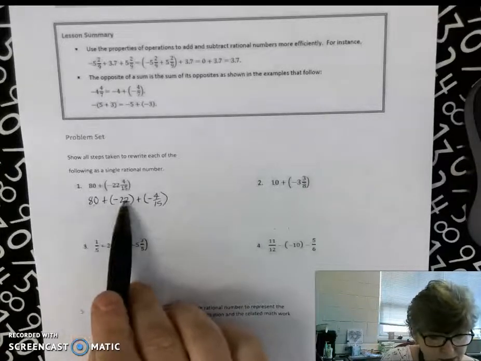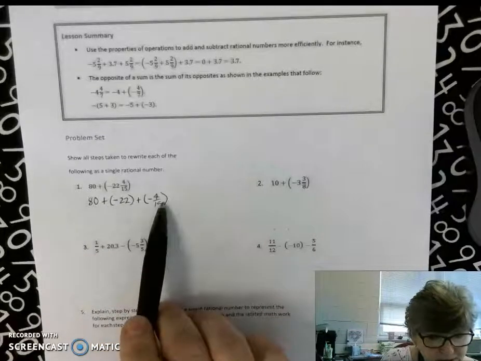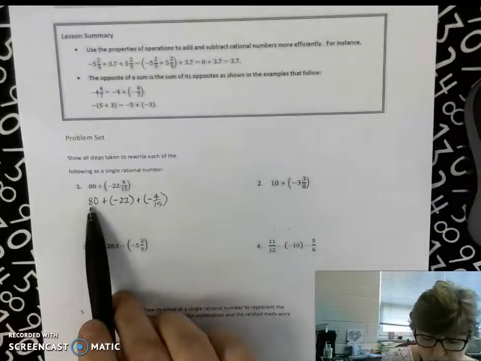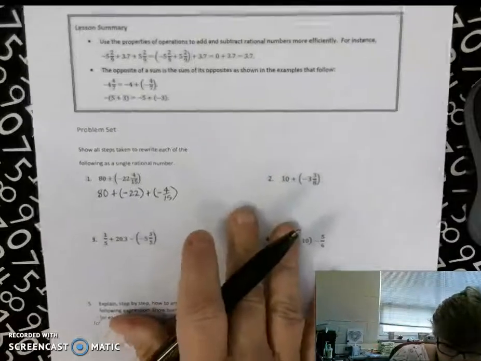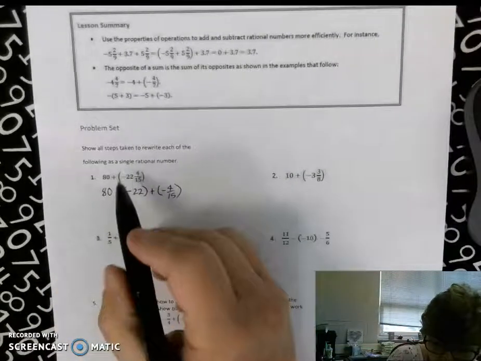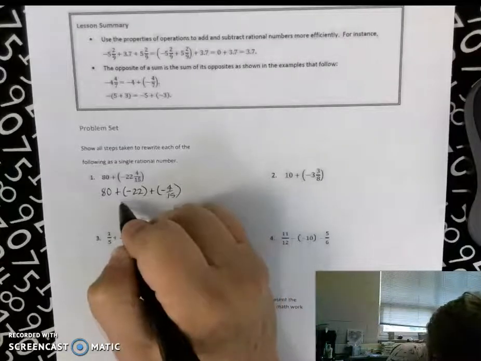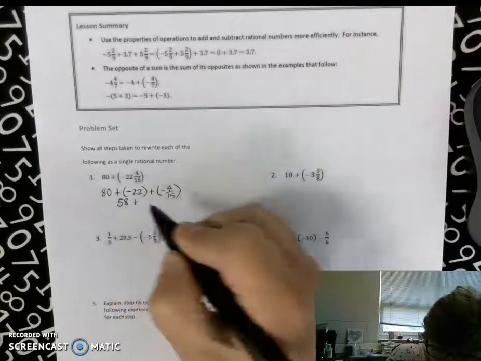Now using that associative property, if you would like, you can combine the 80 plus -22, if that makes it easiest. You can also combine your two negatives. So you really have two options here. So I'm going to combine the 80 and the -22, and you get 58